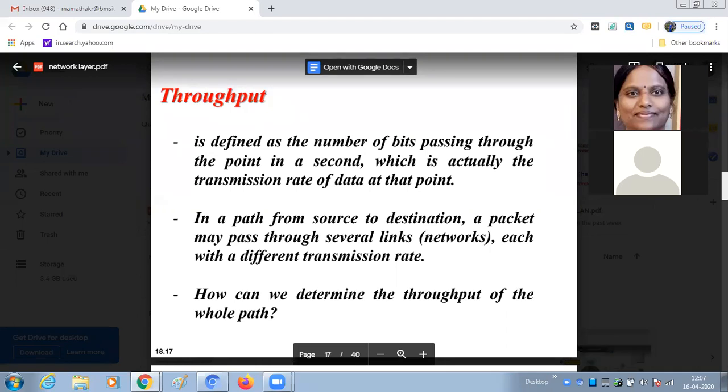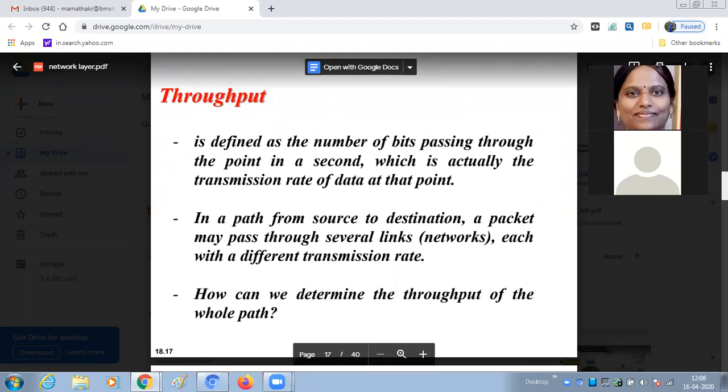For example, if there are many routers, in our example router 1, router 2, router 3, the data has to go through them, and the transmission rate of the links between these routers can differ, because the network layer supports different types of networks.